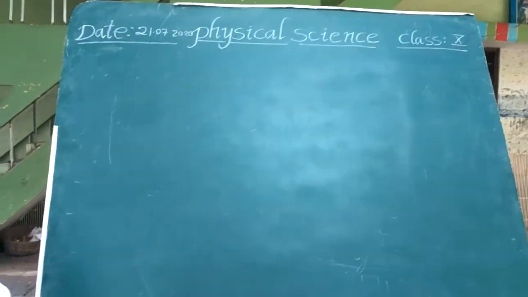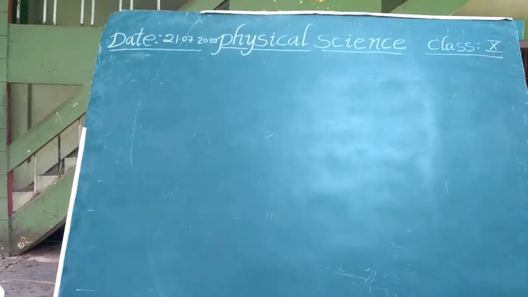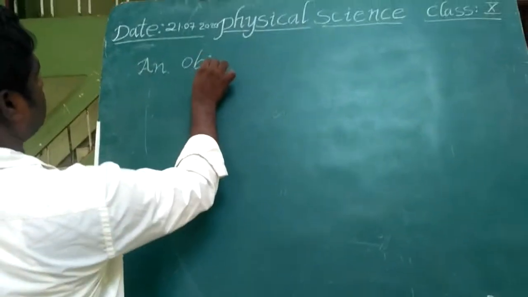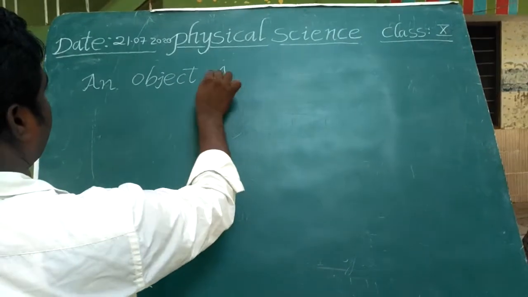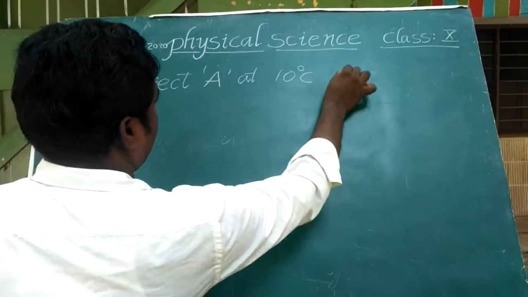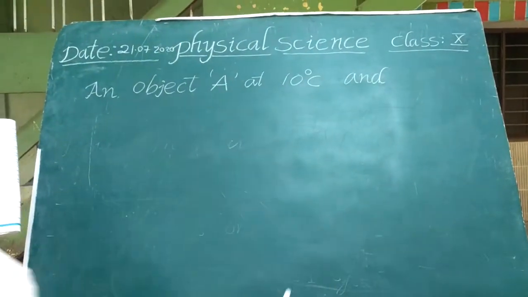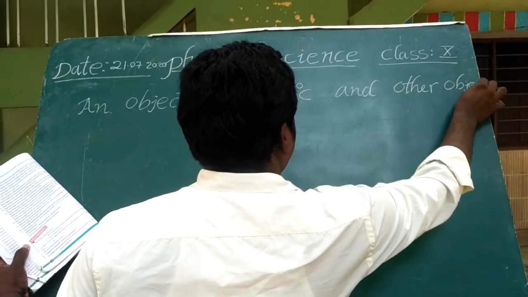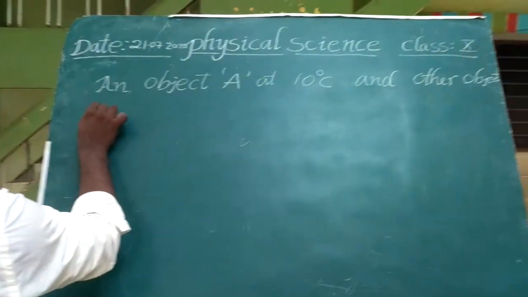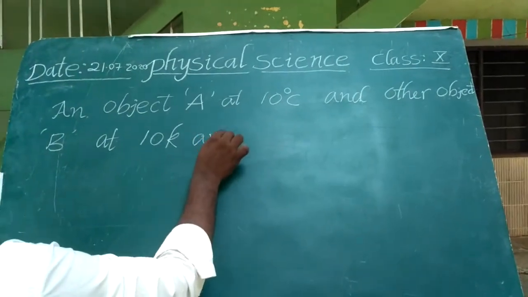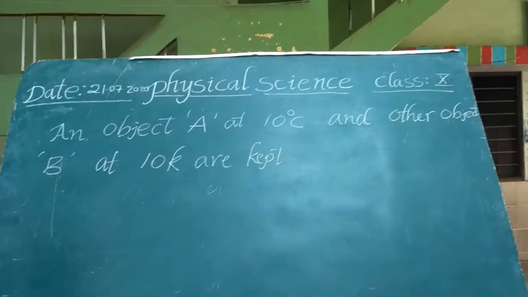Given an object A at 10 degrees Celsius and another object B at 10 Kelvin are kept in contact,